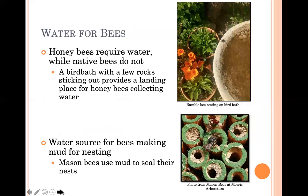Okay, so that was food. Now your bees need to drink some water. So honeybees need water in order to survive, but our native bees get enough water from the nectar in the flowers because it's really watery. So they get enough water that way, but honeybees, since there's so many of them in a colony, they need